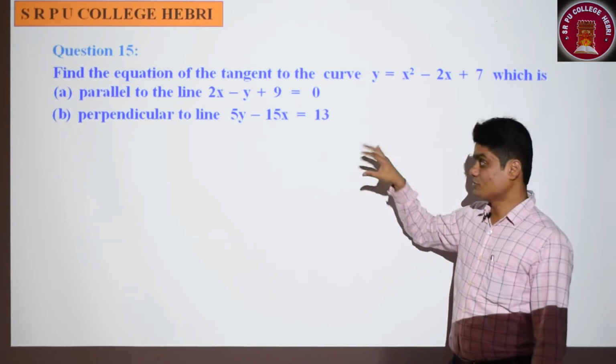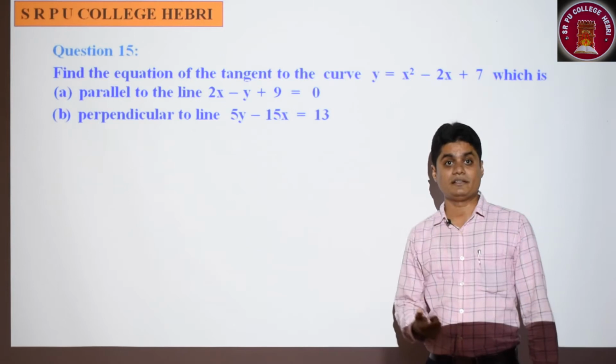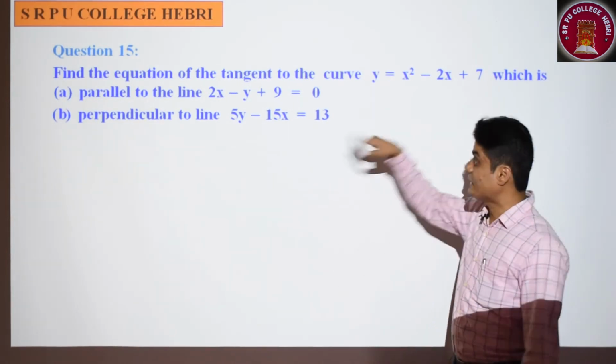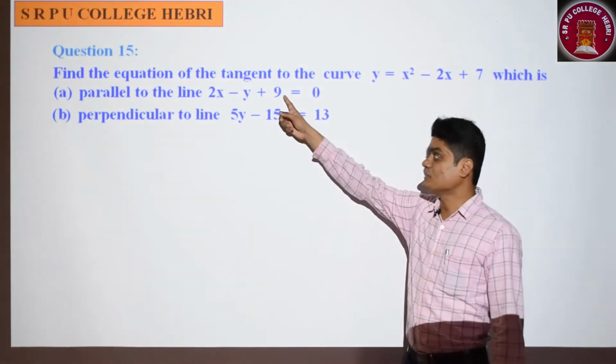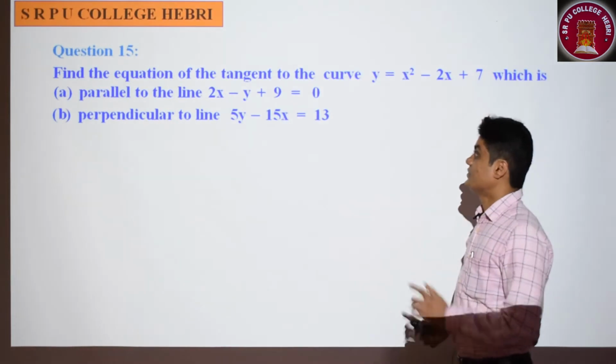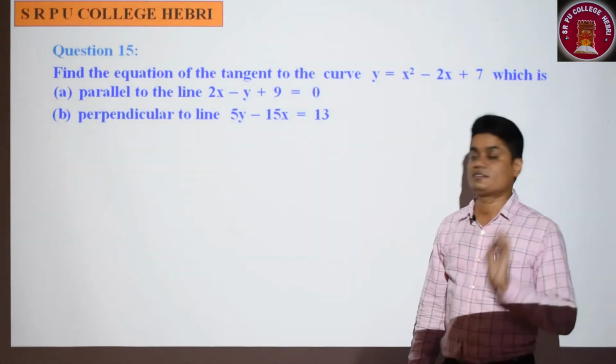So almost one question was solved in the previous part, where we found the points on the curve. Here one extra work is required, the equation of the tangent. So one problem I will do, and the other you must solve as a homework problem. Understood? Yes. So let me start by taking the function and its differentiation.